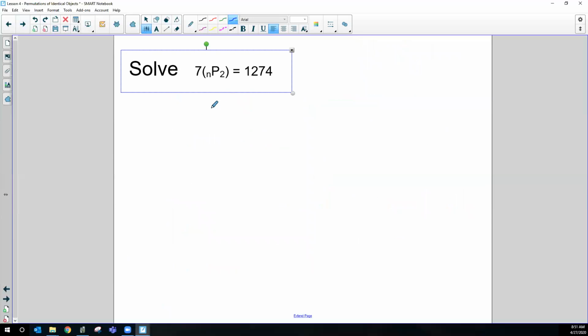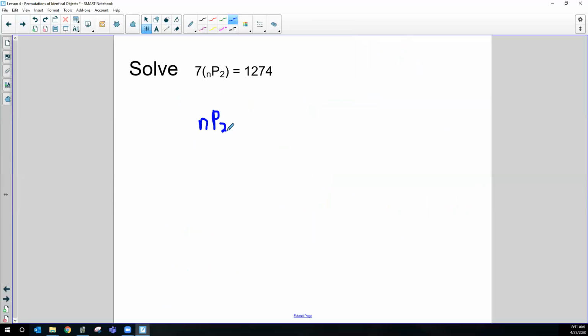Okay, the next one. This is a little bit different because this time we're not giving you n. This time you have a total, and there's a multiplied by 7 in front. So let's just get rid of that 7 right away. Divide both sides by 7. 1274 divided by 7 is equal to 182. So basically, how many objects were there where you picked 2 of them and it equaled 182? So n factorial over (n minus 2) factorial